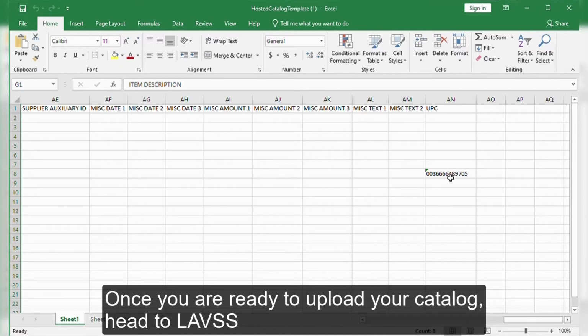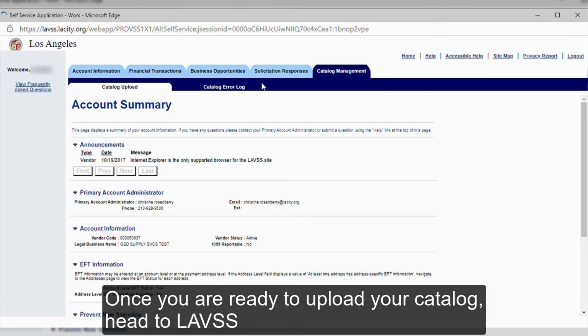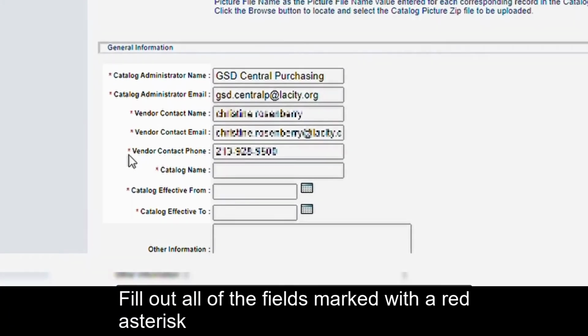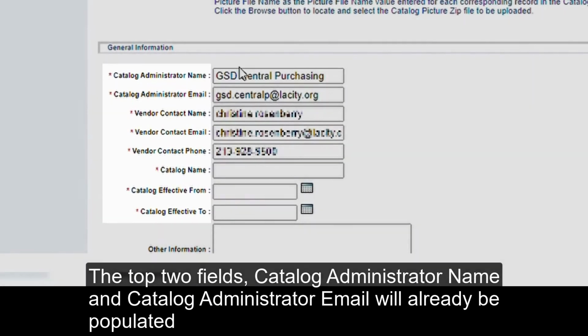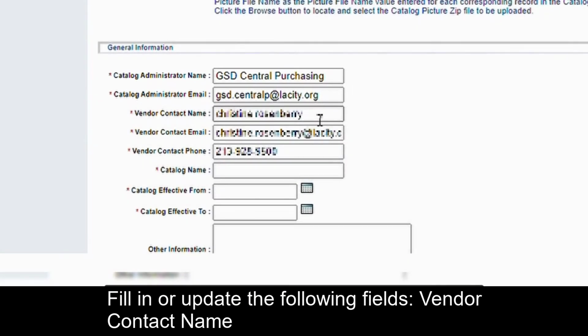Once you are ready to upload your catalog, head to LAVSS. Once you are logged in, head to the Catalog Management tab. Fill out all of the fields marked with a red asterisk. The top two fields, Catalog Administrator Name and Catalog Administrator Email, will already be populated. Fill in or update the following fields: Vendor Contact Name,